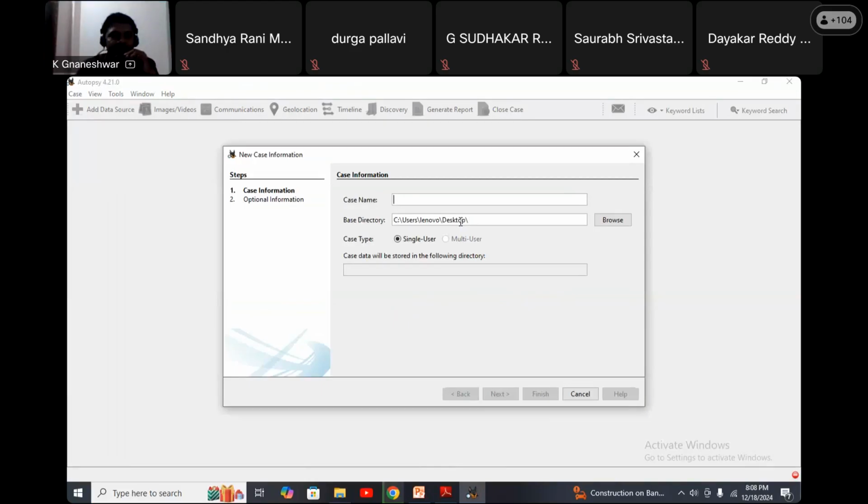Here it is asking two steps. First one is the case information, second one is the optional information. First I am going to give my case, which case I am applying this Autopsy tool on. That case information I am giving here.